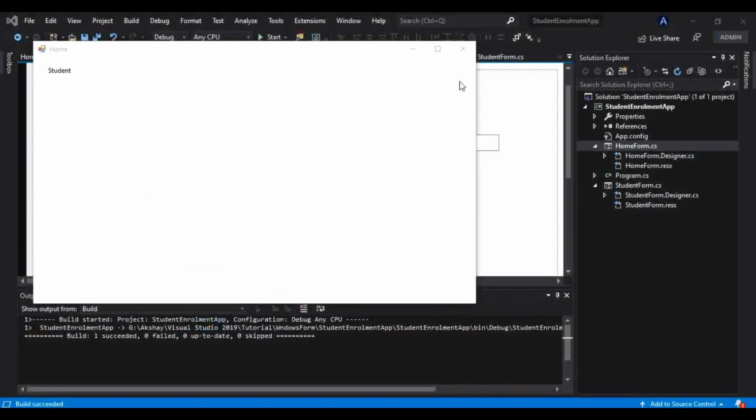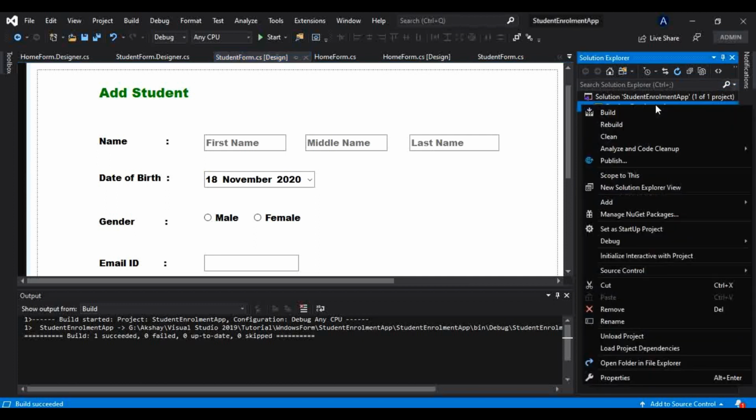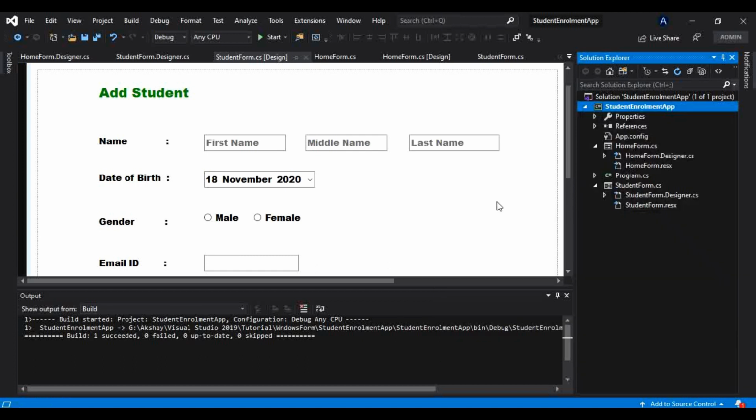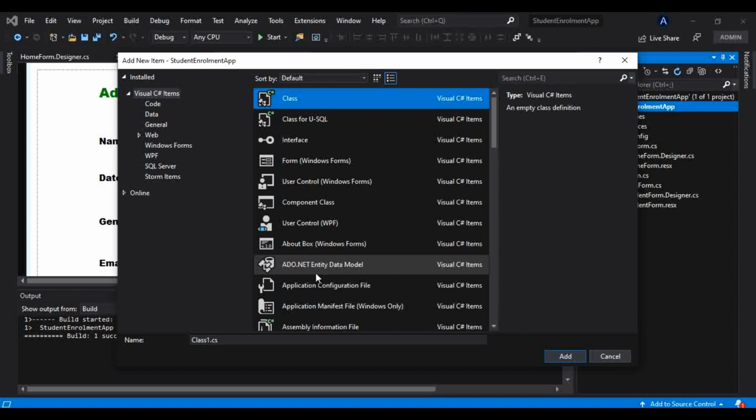So using entity framework, now how we can use that, just right click on this project and go to add and go to new item. So here you will see this ADO.NET entity data model, and if you guys don't see that here, that is this ADO.NET entity data model, what can be the reason for that?